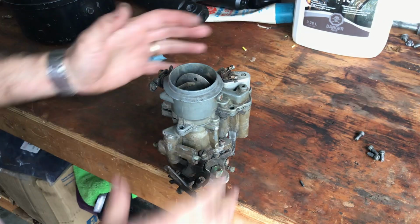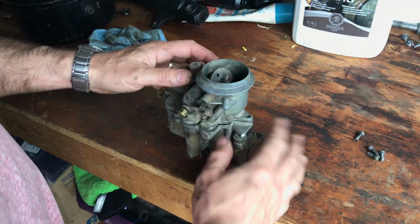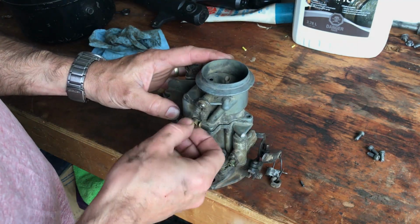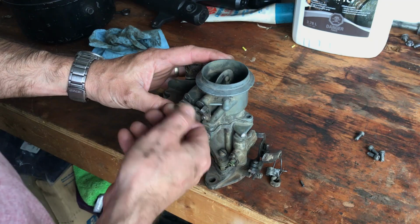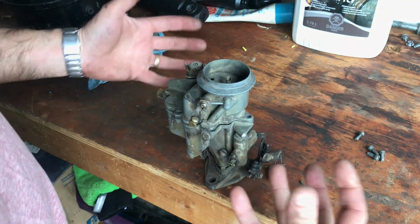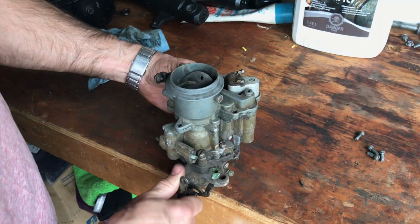So it happens that I have a spare carburetor in my junk pile. This is a very similar carburetor to what's on my car, but it does not have an automatic choke. Well, it might have. It could have had a choke, I think it's called. See how I can manually open and close it? There is no thermal metallic spring here to heat up. I just want to show you that when we cycle the